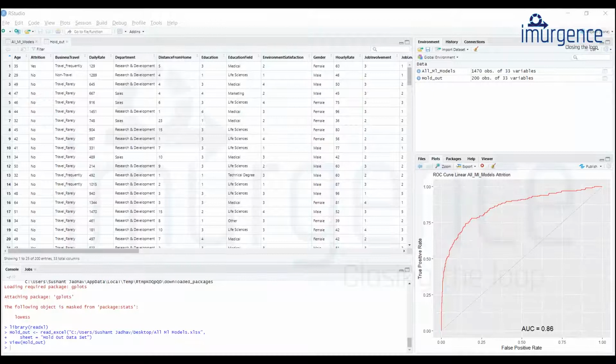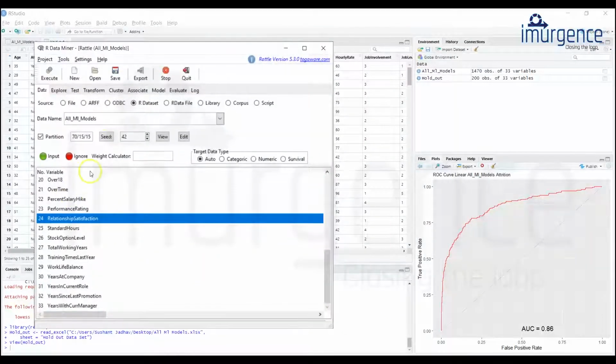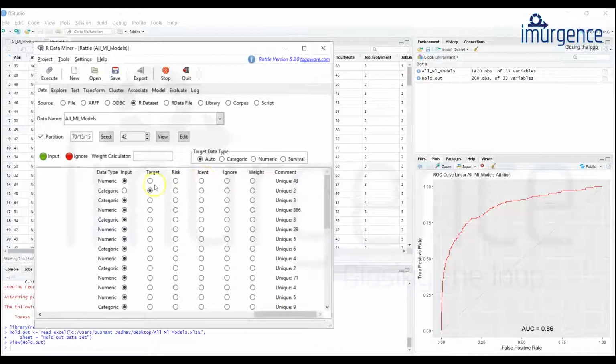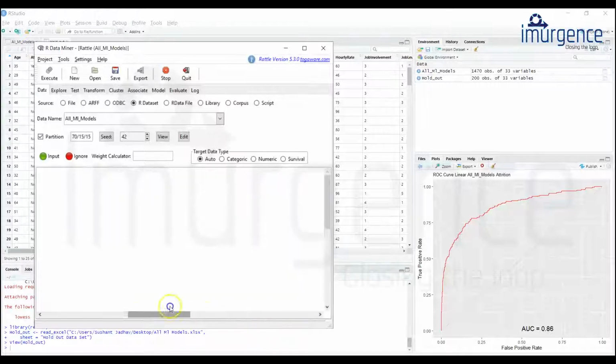Okay, so I'm just building it up from where we left off. We already have the data in here, the data wherein we had all these variables. Just cross-check whether anything has changed: the dependent variable, the target, and so on. You will observe this is marked as ignore because this is just one unique element. That means it doesn't have any information value, and that's why this variable has been automatically ignored. Good for us. And the second variable is automatically selected as the target variable. That's what we have seen previously also.